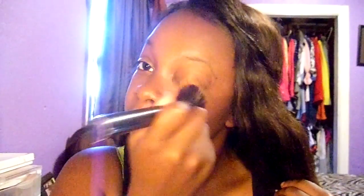And I like to put it over my eyes so I won't have to use so much concealer. If you don't have very dark circles and you don't like to wear a lot of things on your face, then you could definitely go without concealer. But I like a full coverage, so